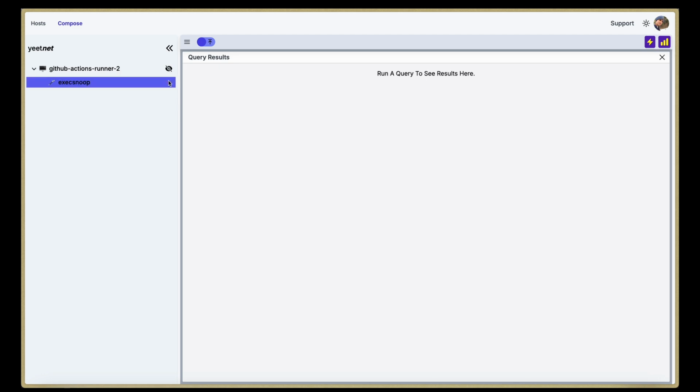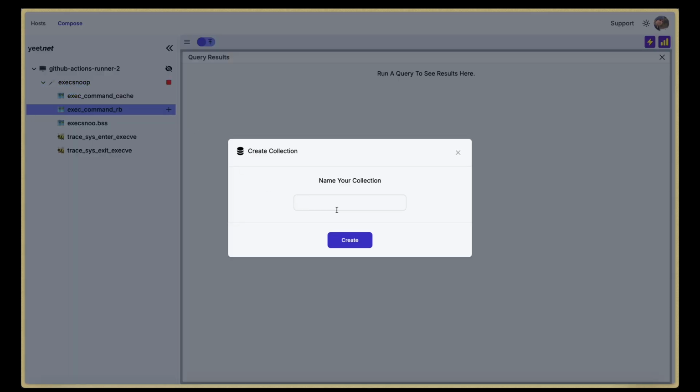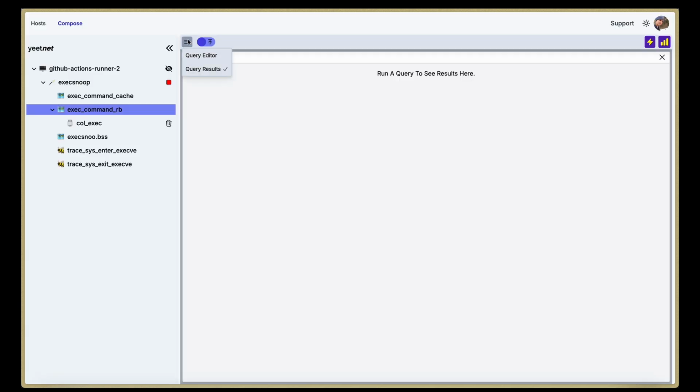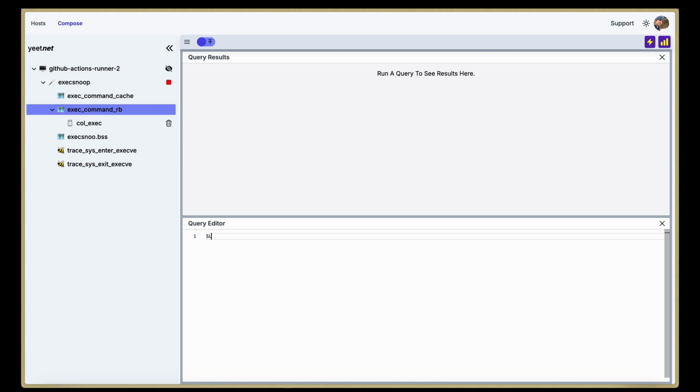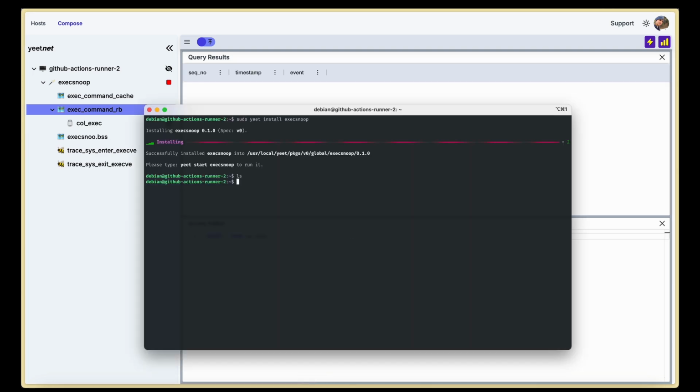First, I'll start execsnoop, then I have to create a collection. I'll call it call exec to show that it's the execsnoop collection. Now I can run queries on that collection in order to see which exec events have occurred on my system. At the moment, there's no events, but if I run something like ls, we'll see that there was an exec